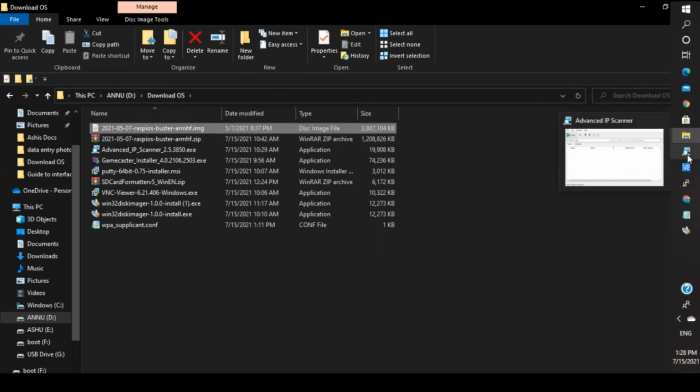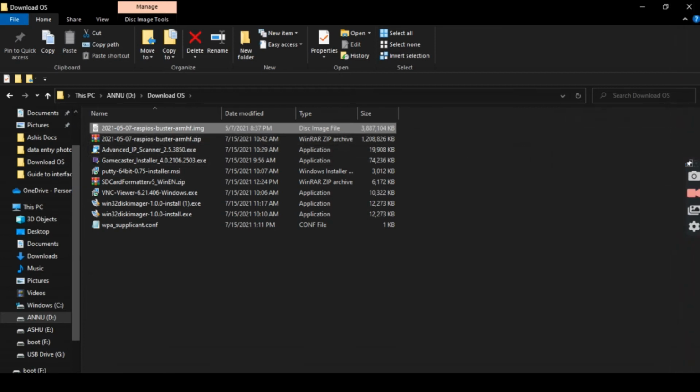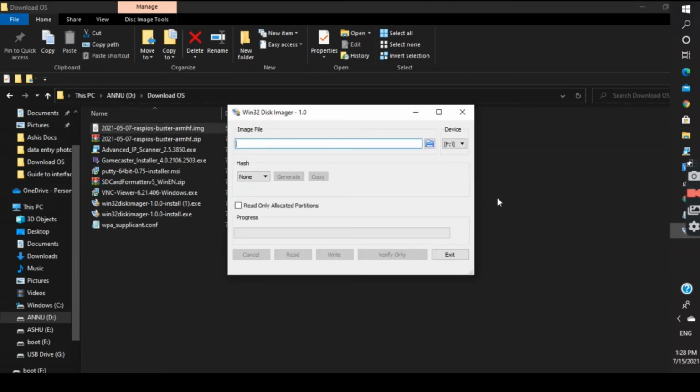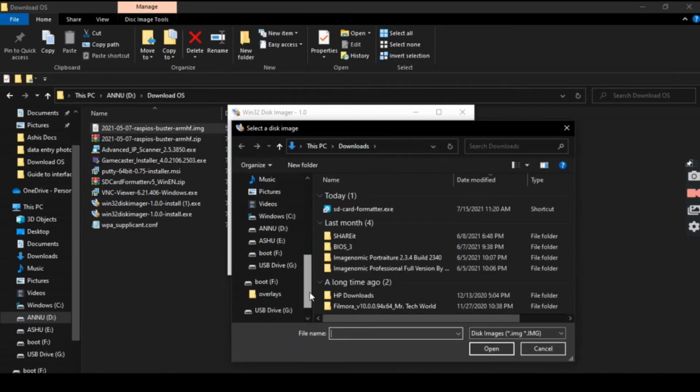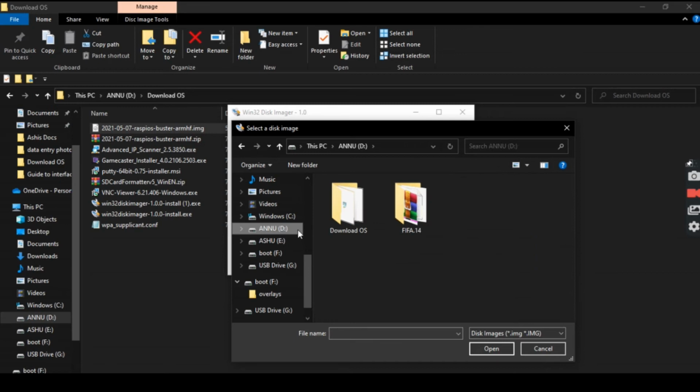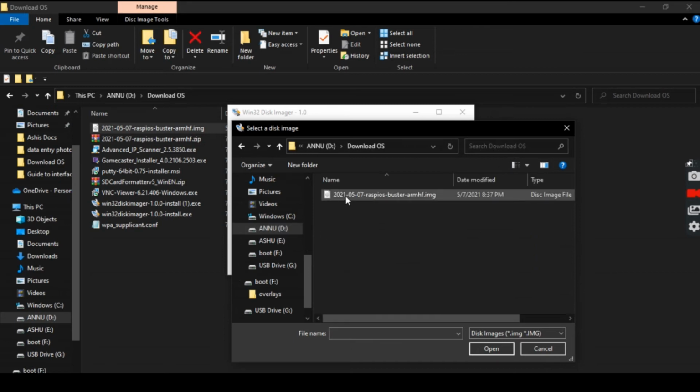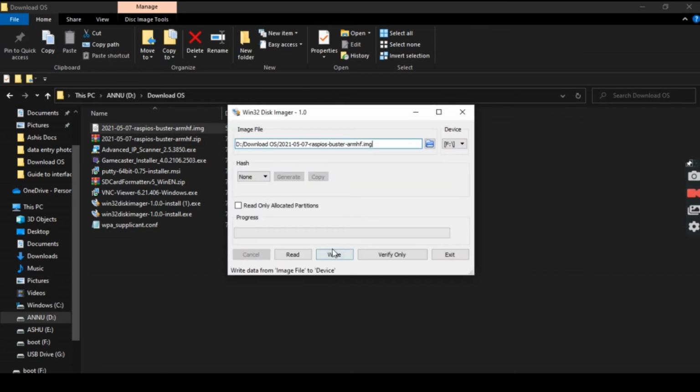After extracting, you need to go to the Win32 Disk Imager again, select your card name, bootf in my case, and browse. Where is the location of that OS? Go to the downloads section. See this, double tap and click on write.